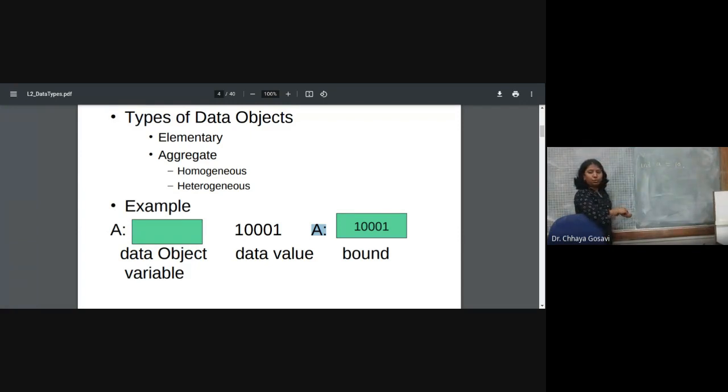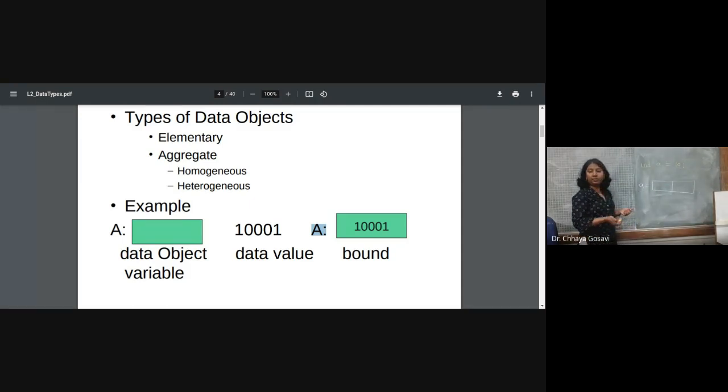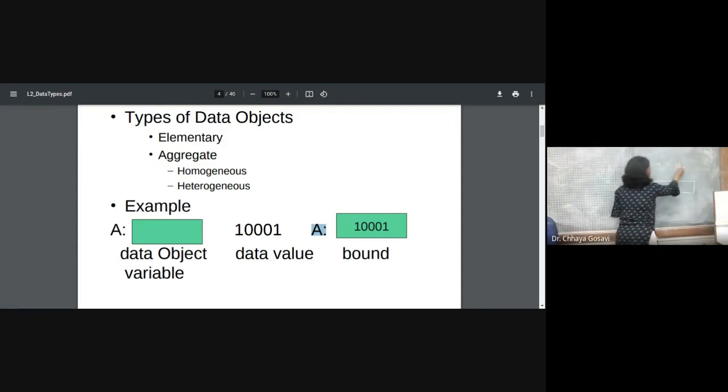Integer A is equal to 10. We just write integer A is equal to 10 in our source program. But in memory, 2 bytes are allocated to this variable integer A, and the binary value of 10 is stored in this memory location.